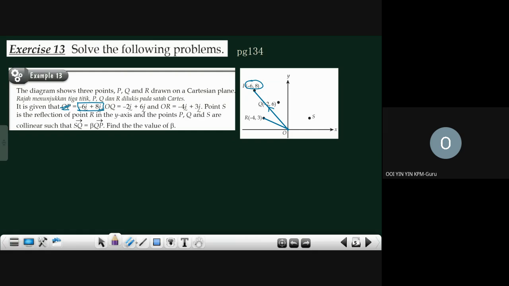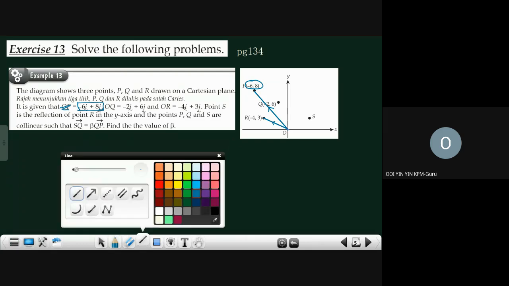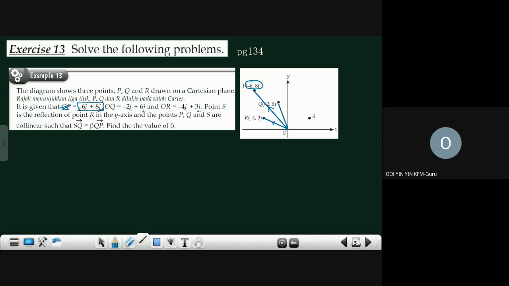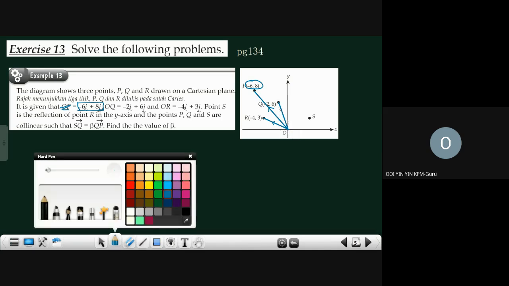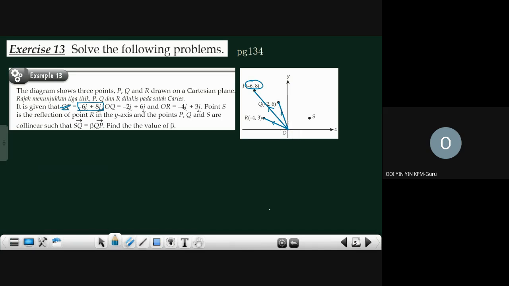Then this one also, because they give you OR, right? So you know the direction is from O to R. And then one more is OQ. Okay, OQ comes from O to your Q. So this is also another vector starting from O to your Q. OK，你要了解这个，但你才知道遇到这种题目你要怎样开始。